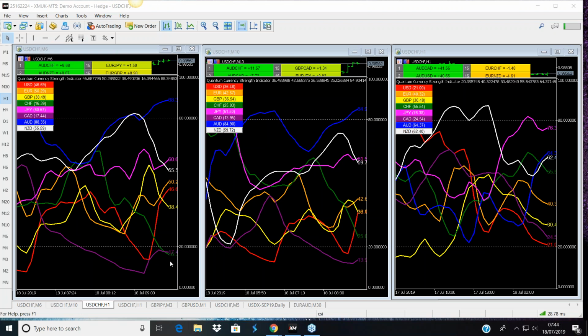If one is being bought, then the other two are generally being bought at the same time. However, on this occasion, we have a very strong move in the Aussie. We've also had a very strong move in the Canadian, which we can see here has been falling on the 6, falling on the 10, and on the 1 hour it still looks to be